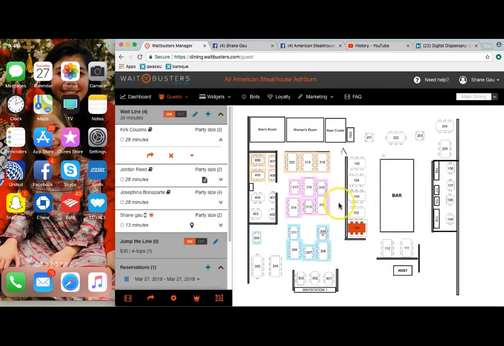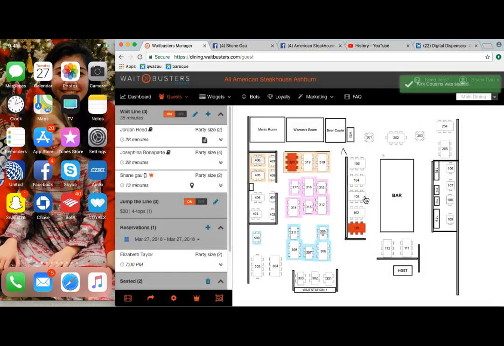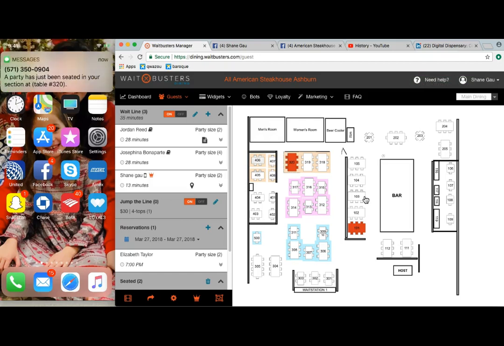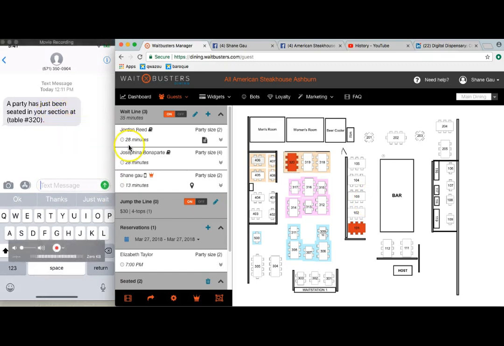So last but not least, this is a very cool feature. I'm going to seat this person in this section here, Michael's section. And Michael has the table seated notification for service turned on. So what this means, as you can see on the phone over here, is that Michael, the server, received a text message